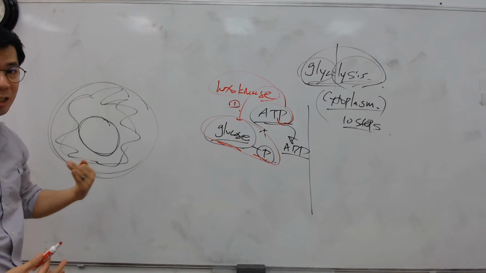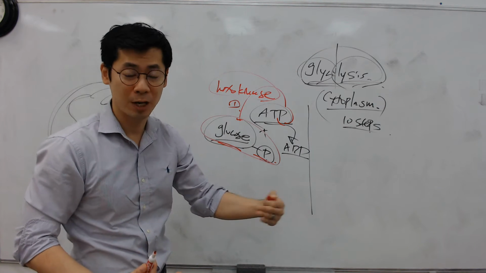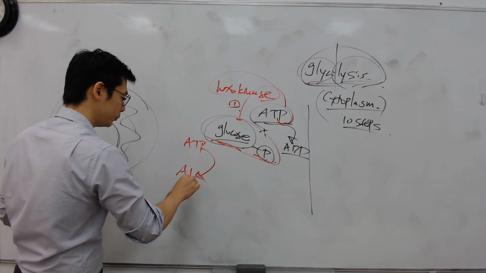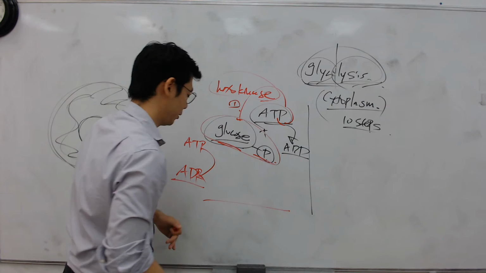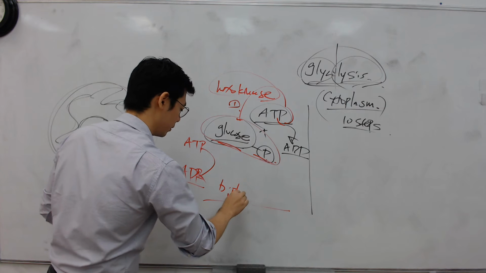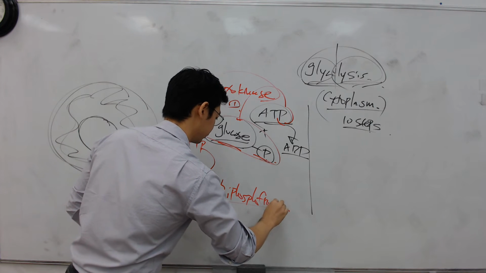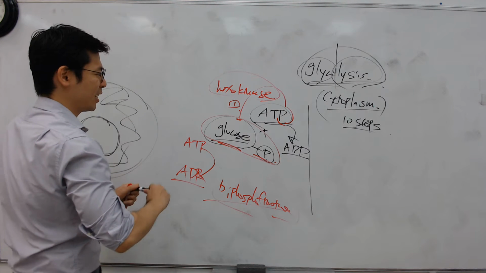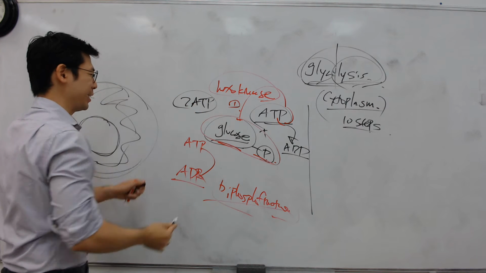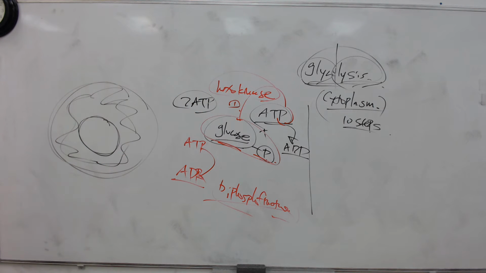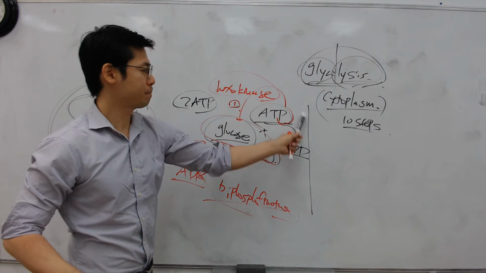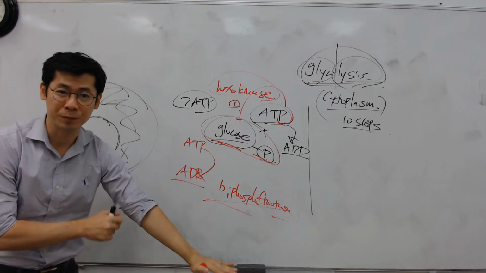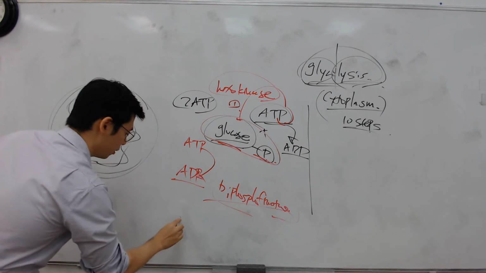Not that it's important, guys, they convert the glucose into a fructose, phosphofructose, and then they use one more ATP. So they use 2 ATP to turn it into the bisphosphate phosphofructose. What I'm saying is, one glucose goes in, and 2 ATP have been expended. So during the energy investment phase, after the 5th step, you get something we call G3P.